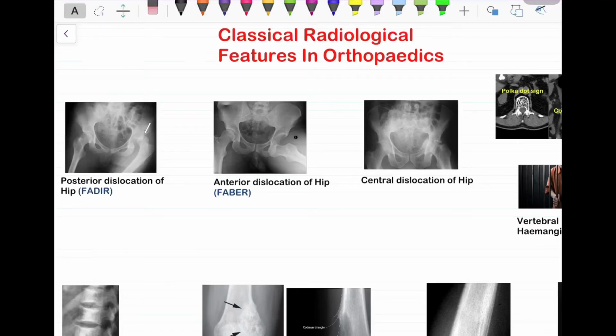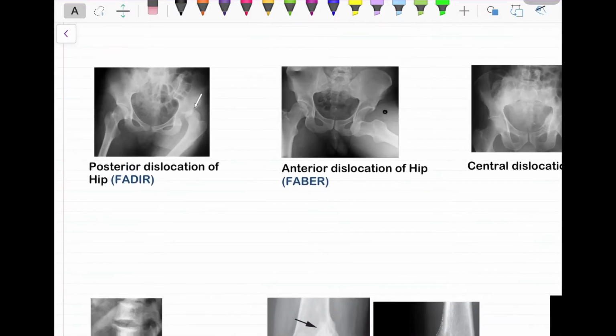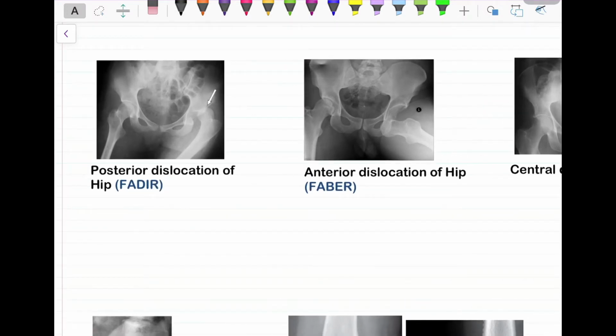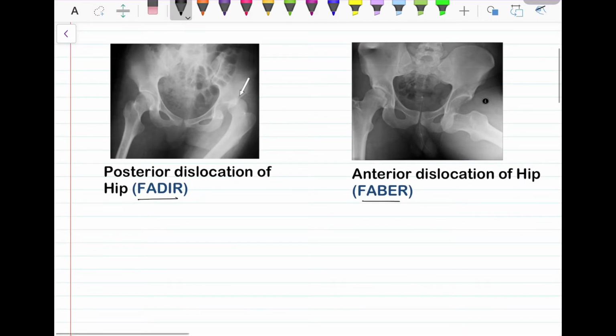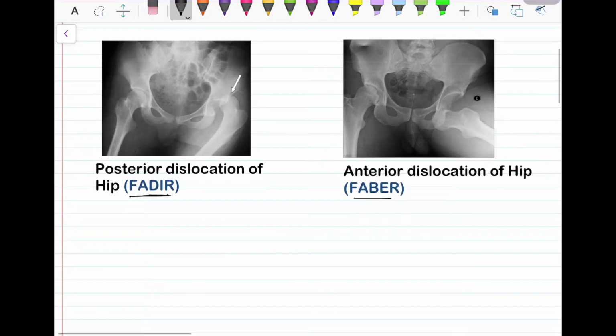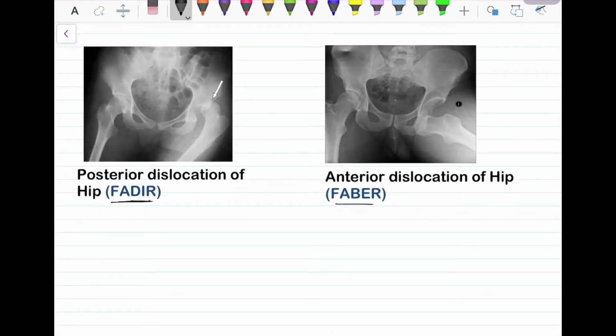Hello friends, in this video we are going to learn to identify some classical radiological features in orthopedics. So let's begin with the posterior dislocation of hip. How to identify this posterior dislocation from anterior dislocation? In posterior dislocation there is flexion, adduction and internal rotation, and in anterior dislocation there is flexion,